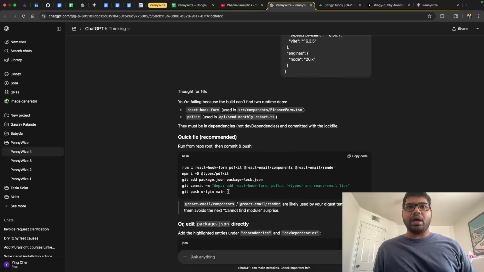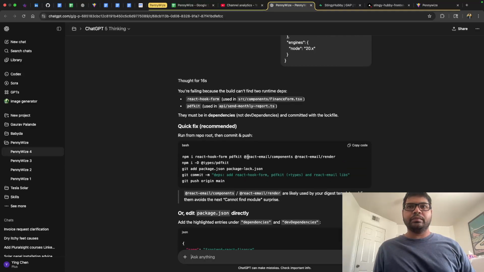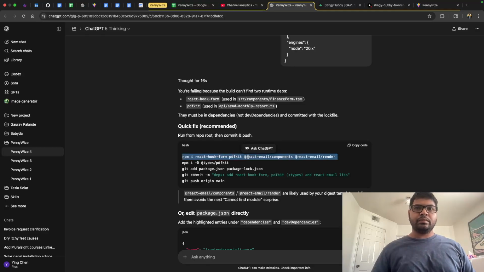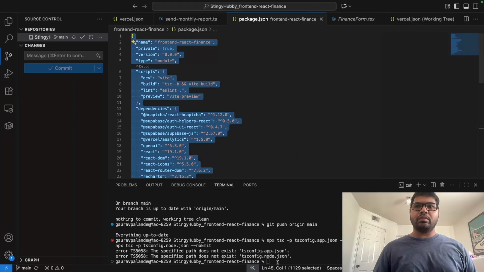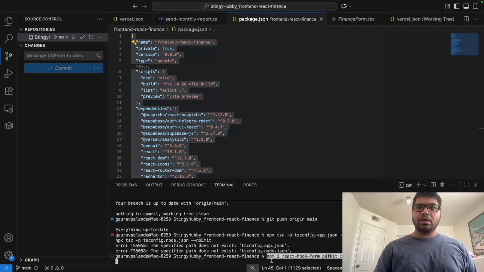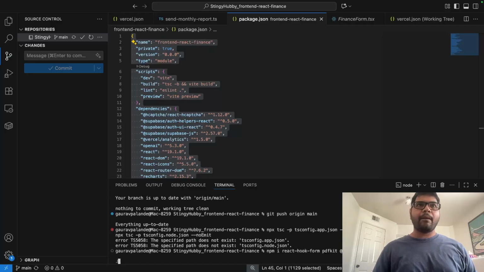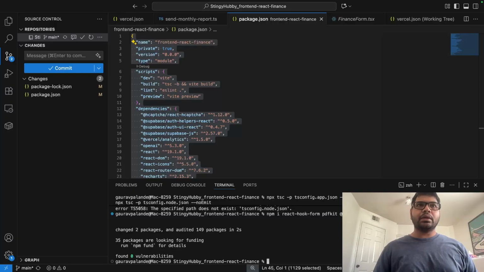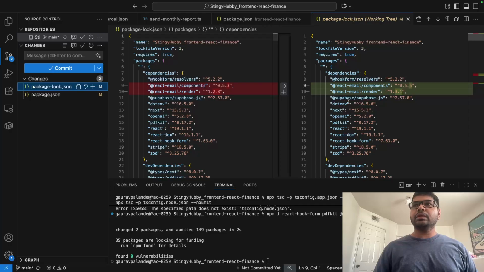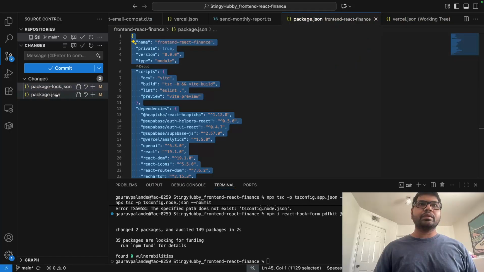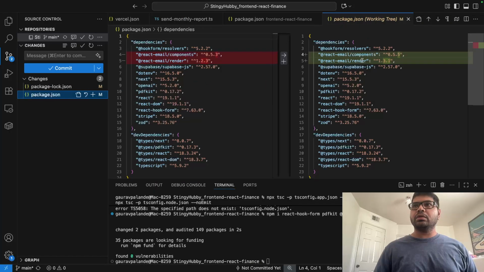So this is a bash command. This is the quick fix. Let's run npm i react-hook-form. Then this will update the package.json. This React components, React render. This will update package.json, React components, React render,